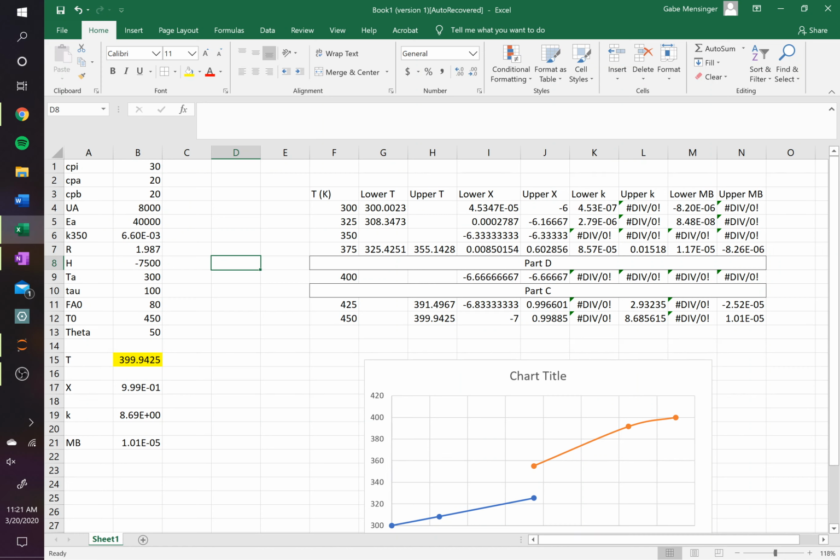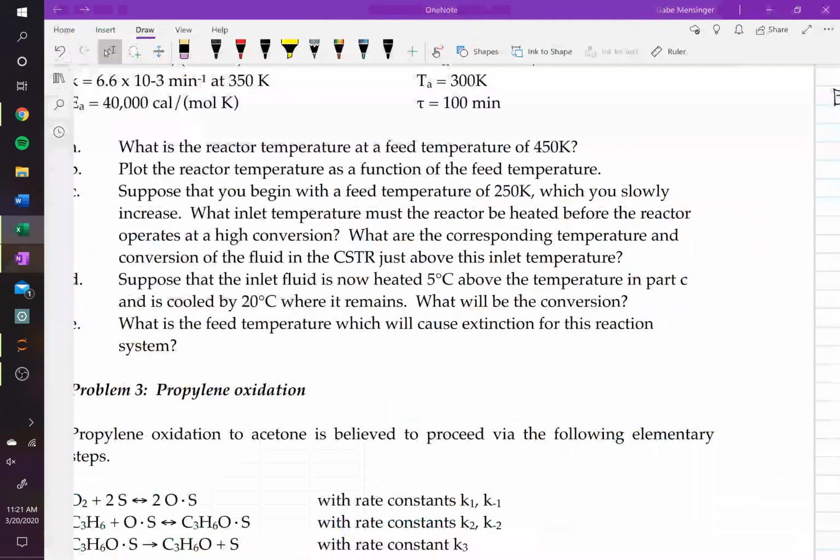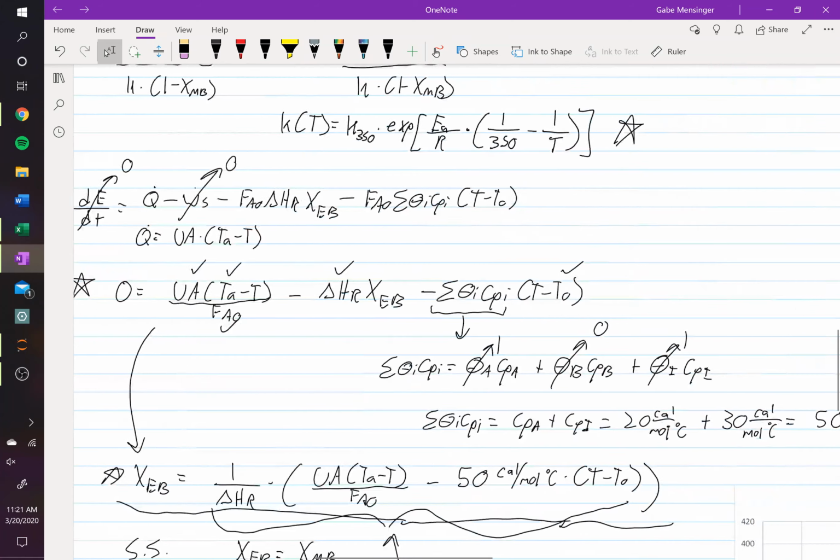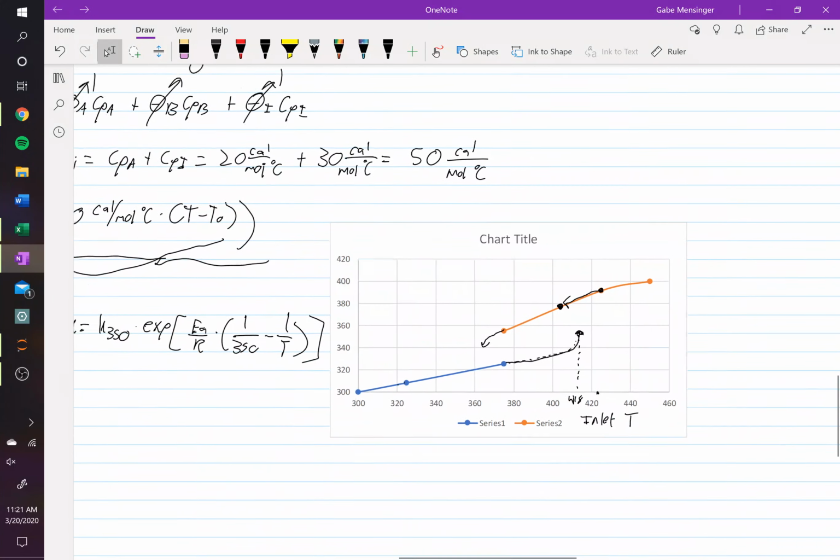All right, any questions on that one? So in D, are we looking for the extinction temperature? No, that's actually part E. So D, we haven't, so going back to the chart,